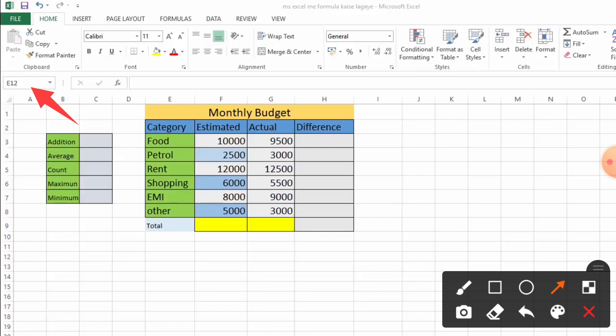If you click that cell, it automatically tells you E12, because it is in column E and row 12. So that is the name of that cell, E12.